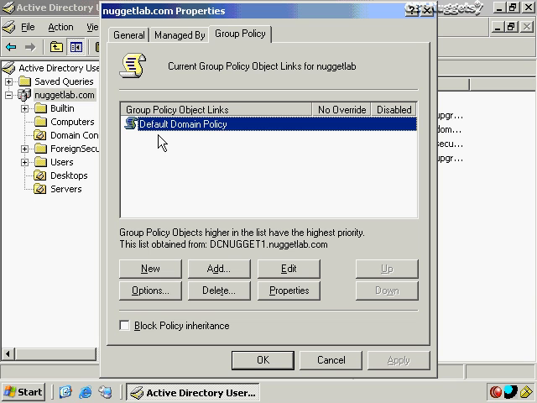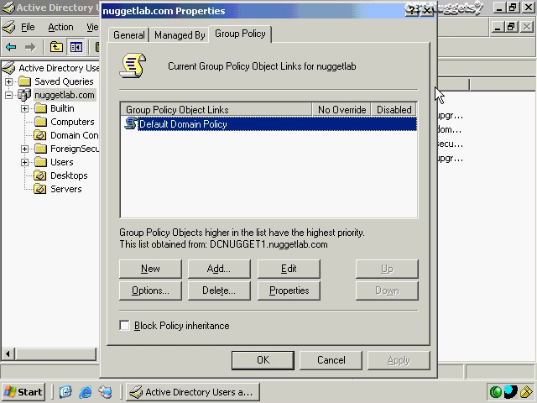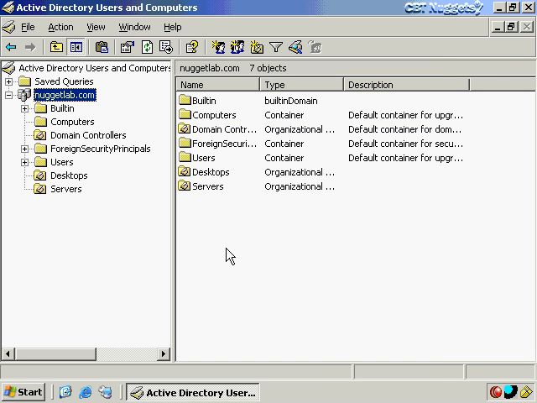domain policy, and if you want to edit it, you simply click on Edit, and it brings open the Group Policy Object Editor, and there's over 600 settings within these six little folder things here, so we're not going to address all of those today, but we will address some of those a little bit later on as we go. So that's the one thing that gets applied to all your machines, and it flows downward, so it applies to everything within this domain. So it applies to domain controllers, to your desktops, your servers, and any other organizational units